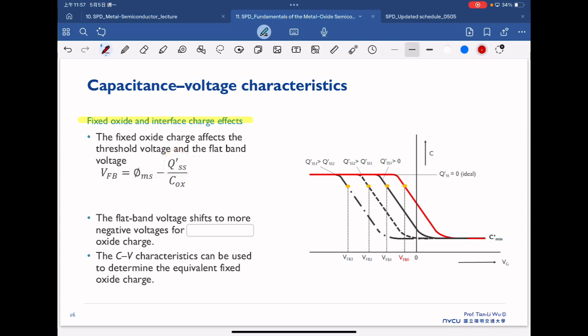So if our QSS prime is increased, then we can foresee that our flat band voltage will shift to the left, to a negative. So the flat band voltage shifts to more negative voltage for a positive